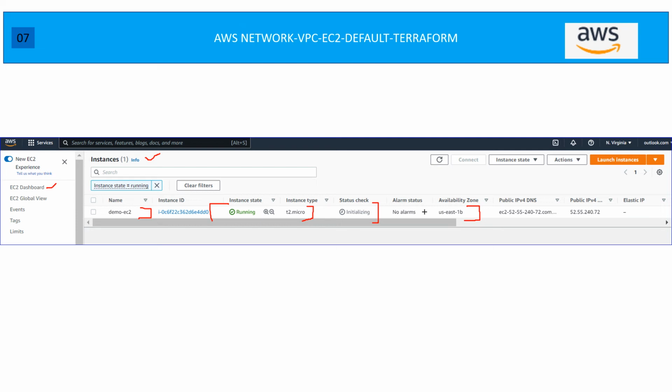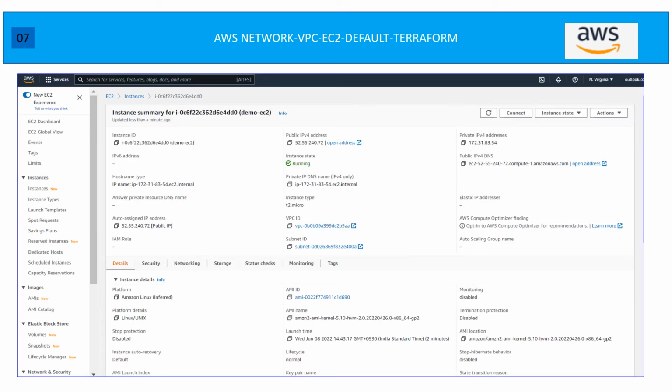Since we have not defined any availability zone, and multiple subnets were available under the default VPC, AWS is going to choose the best availability zone for your resources. And this is the public IP which will get assigned to our instance. And there's a public IPv4 DNS name also associated. Let's take a look at the detailed information